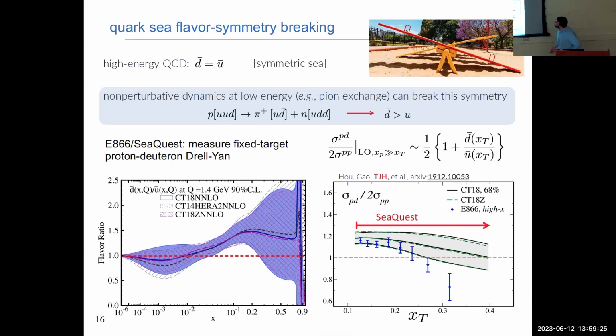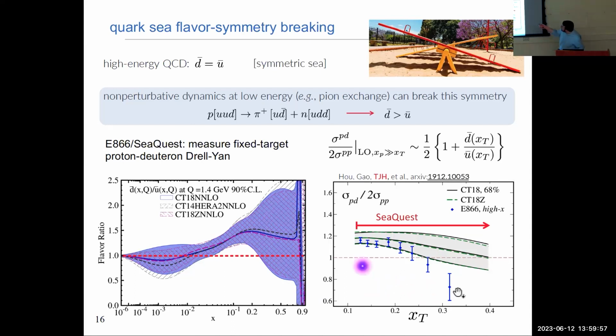There are questions in terms of how flavor symmetry might be broken inside the proton. So the oldest analyses in general assumed that U bar and D bar and strange and anti-strange for that matter were all essentially exactly the same. And you could basically rotate according to some flavor symmetry from one to the other. But while that may well be the case at very high energies, we expect that the very same non-perturbative interactions that give rise to the nature of the proton as a bound state could actually break that sort of flavor symmetry.